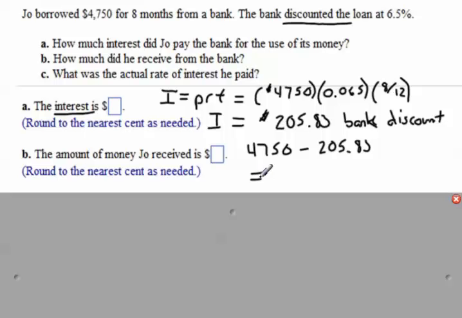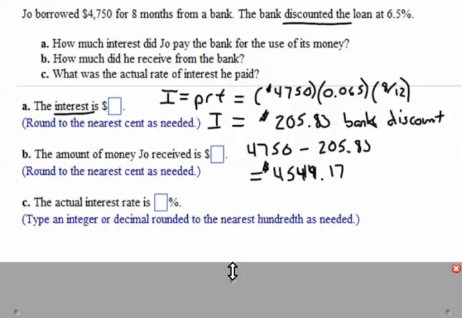If you subtract those values, you will get $4,544.17. So that is the actual amount that Joe will receive, which means if we wanted to calculate the actual interest rate,